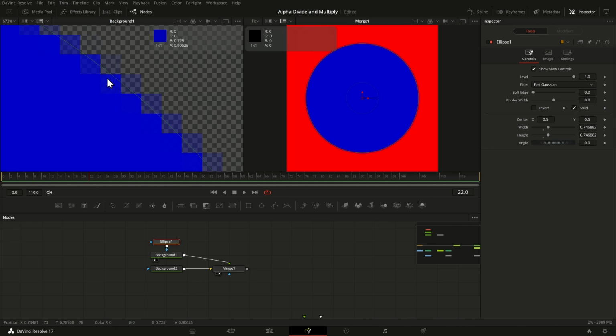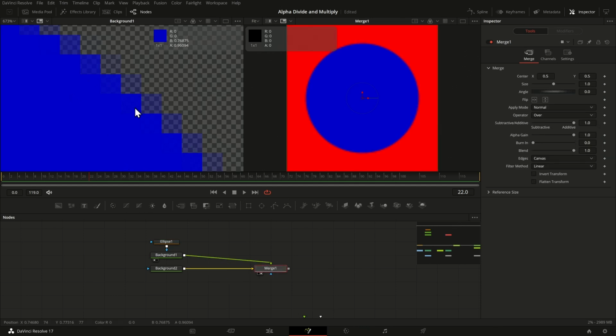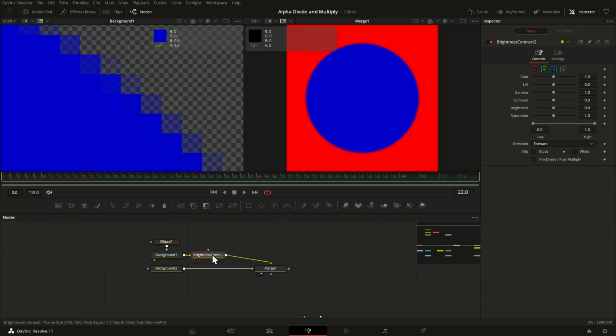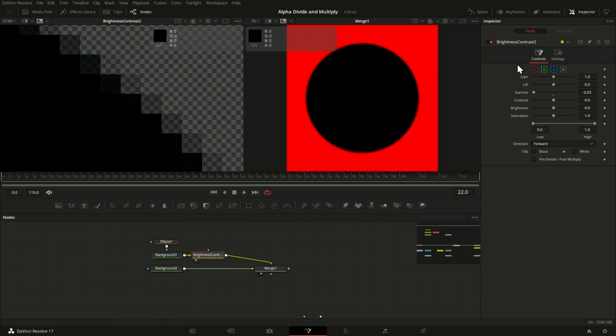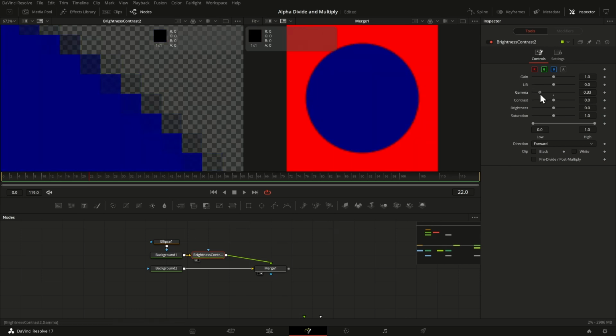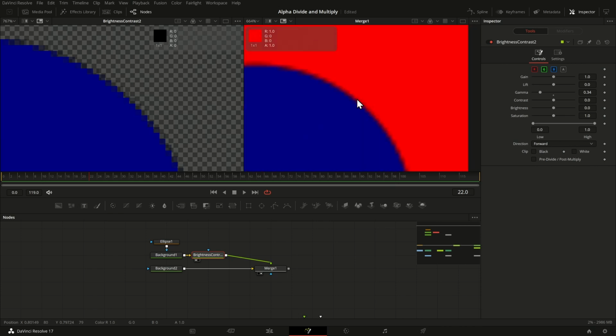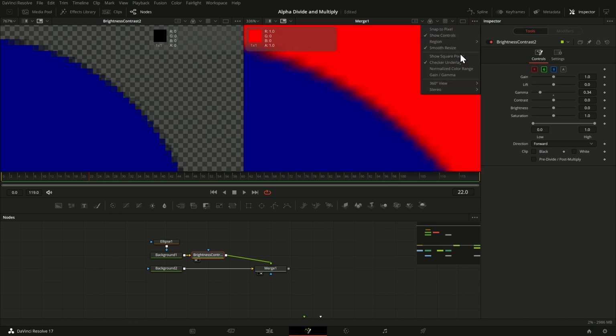And this is also a reason why edges may sometimes look jagged once you do color corrections. So let's bring in again a brightness and contrast here and do some gamma correction. And let me bring this in, not that extreme, but now you see there's something happening on the edges here, and here they look a bit too dark. If I enable it, you see those edges look brighter again. And if you look a bit from a distance, it's possible that you see these edge artifacts, or maybe against the background it's easier to see.